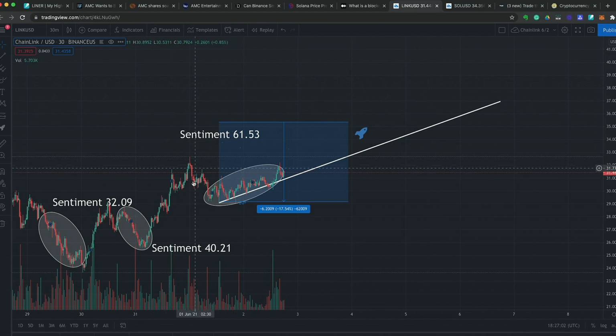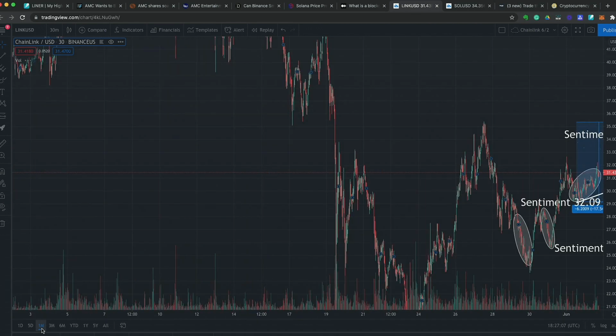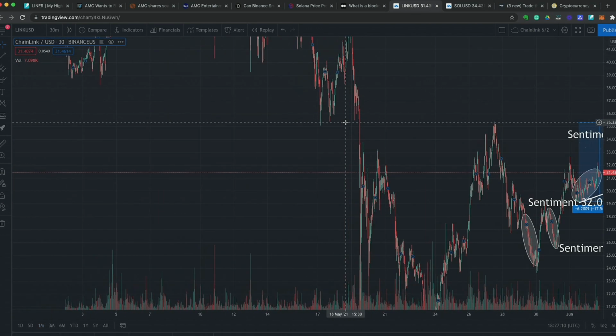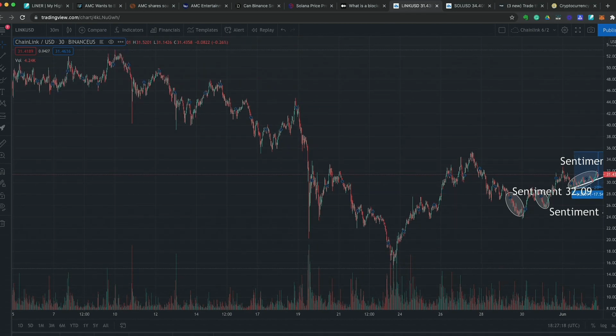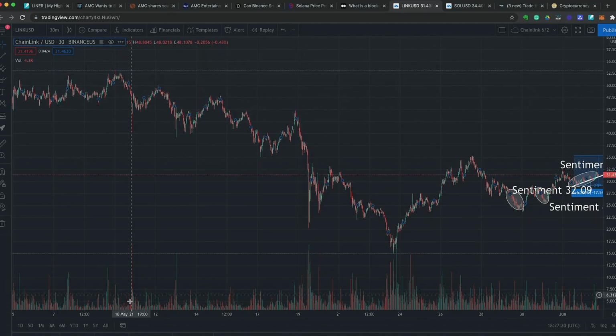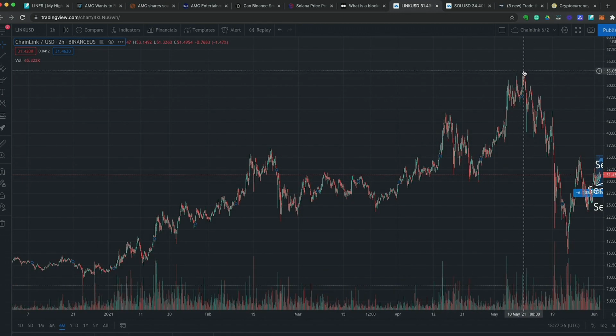Right now, great opportunity here. If you look at this, let's go out to the 1 month, just so you can see where the volatility has been and how far it's come. We have a lot of upside when you look at where Chainlink has been. And I want to jump that down a little bit just to see our 3 month. Let's go to our 6 month, and you can see where that high was, which was right here at $53. And this was back at the end of May, right around the crash or the correction period that we had.